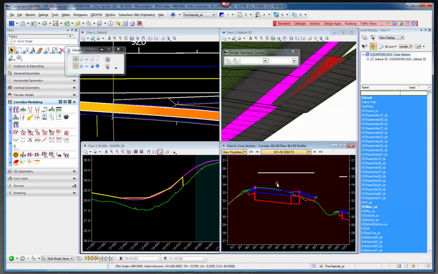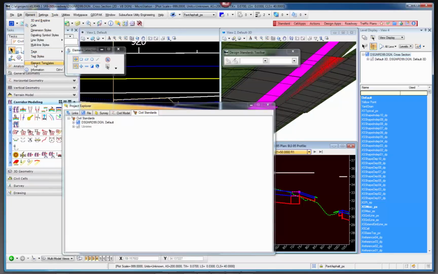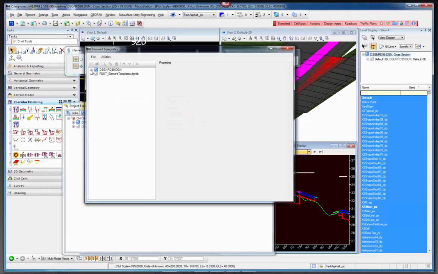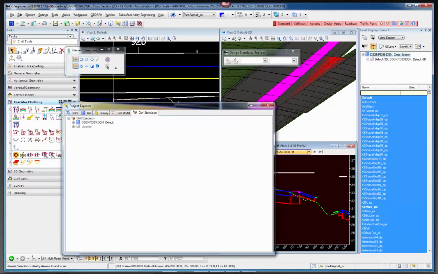And if those balls are too big, the other thing that you can do is, of course I'm getting into extra stuff here, you can actually go into the element template definition. I think Denise showed you some of this last week with modifying things that are in your design file. So in the corridor, any cross-section point label, it's using the active point and it's scaling it up. And actually you can just take that scale off, but you'd have to play with this to set however you wanted to. So if we just put in 0.1,